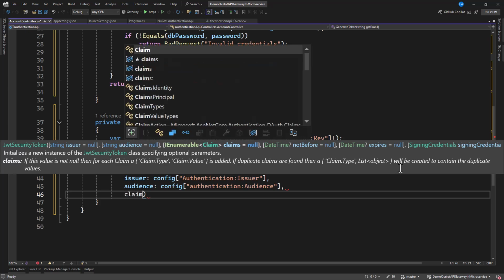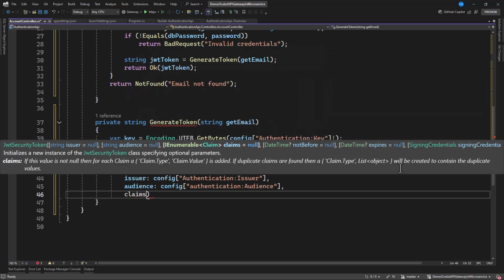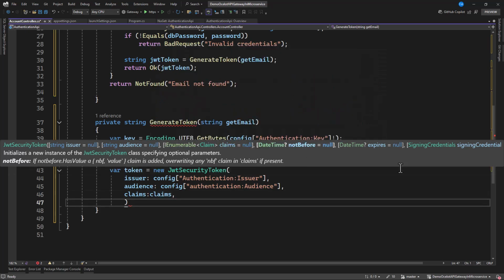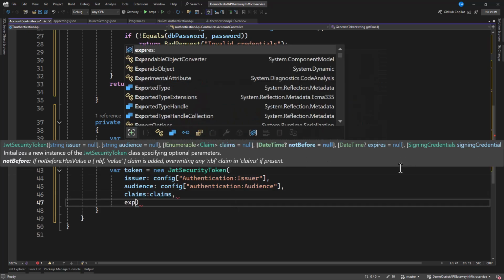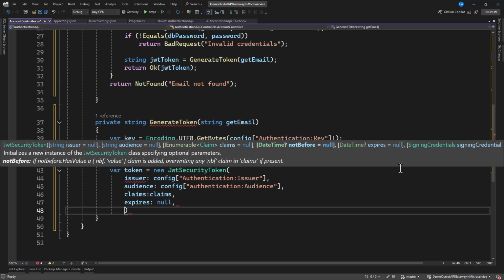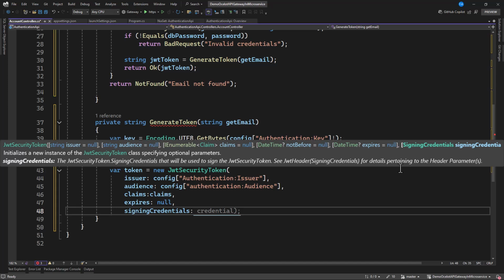We need our claims. In our claims, we have the claims created already, and the next thing that we need here is an expiry. So this is going to be null because we are not having any expiration time in here. And the next one, let's have our signing credentials, and in here we have our credentials in there.